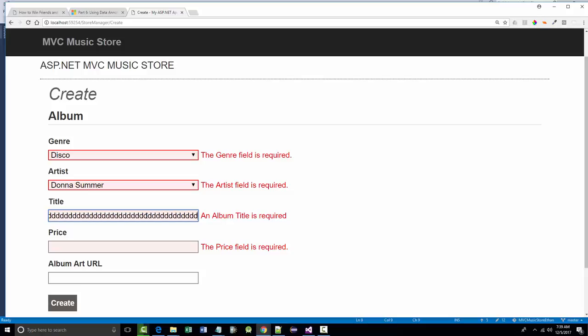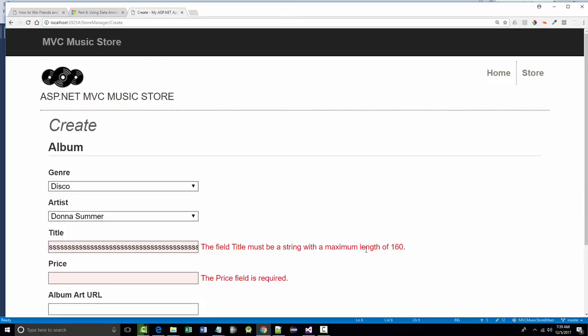That's 160 characters, but I'm going to add a few more. All right, I'm going to click Create. The field must be a maximum length of 160. Great. So that works. So let's put down